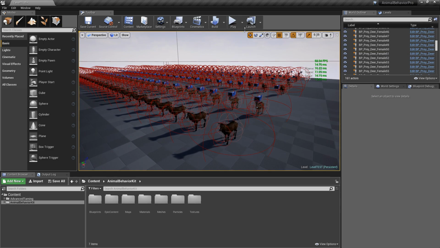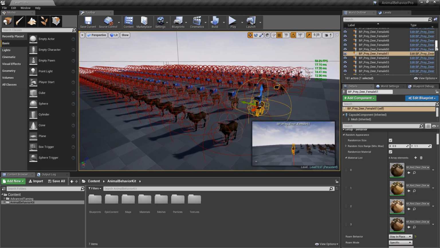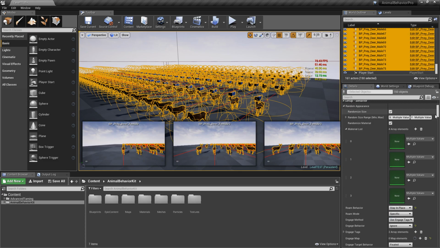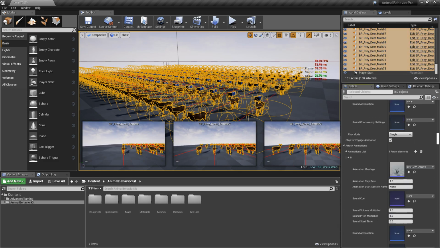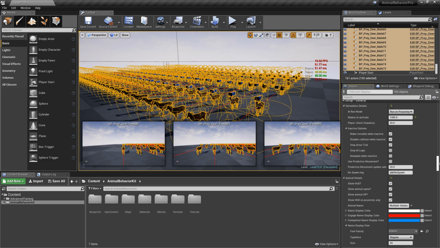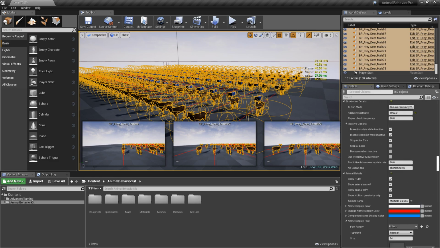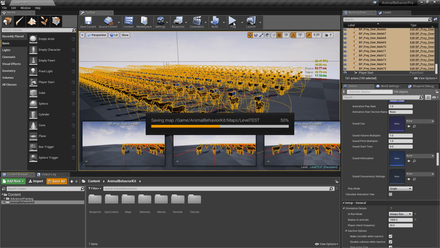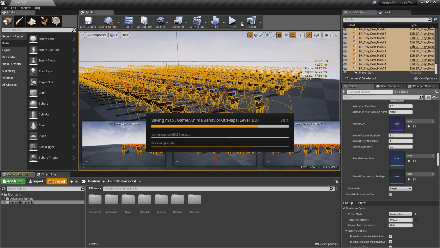So if I select them all again, I am going to disable the proximity system so I can show you what I mean. I'm going to simply say that they should always run. Click on save, and if I click play here, once it finishes saving,